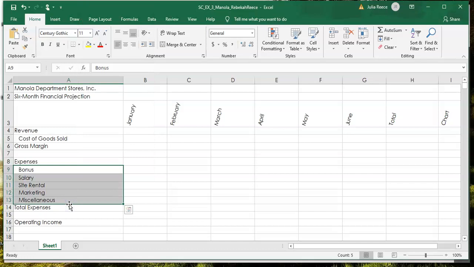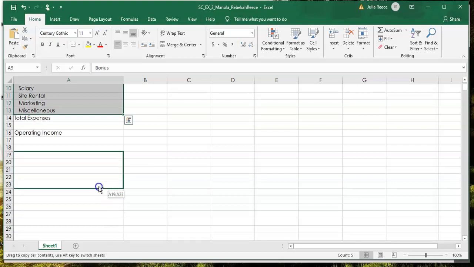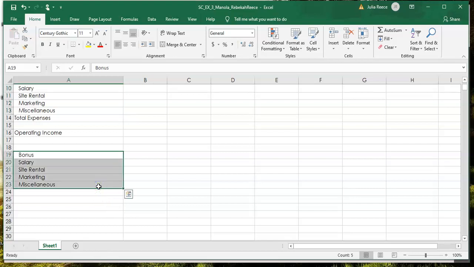Or while it is selected, you can put your mouse on the edge where you see a four-headed arrow, and when you click and drag, if you hold your control key down, you will see that right next to the arrow is a small plus sign. That lets you know that what you're doing is copying the information. So we're going to paste this into cell A19. However you choose to copy and paste,